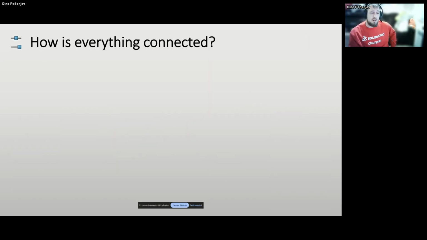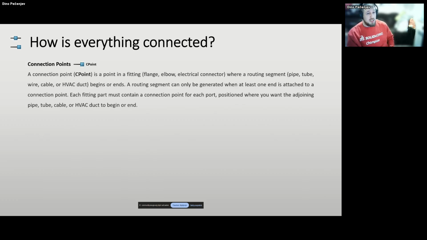And how is everything connected? This is the most important part regarding connection points. This is a lot of text, but we can summarize it simply. So the connection point is basically where the route begins or ends. We can also have open pipe with nothing at the end, of course, but if we put a flange, for example, the connection to the pipe is going to be from the connection point.